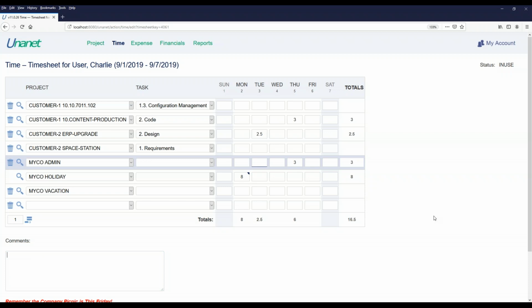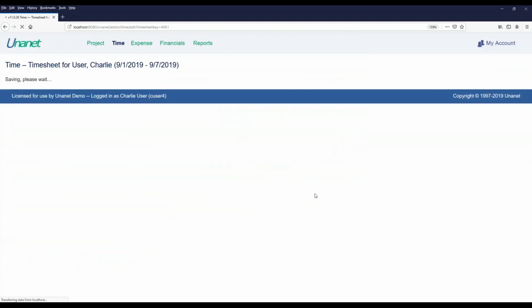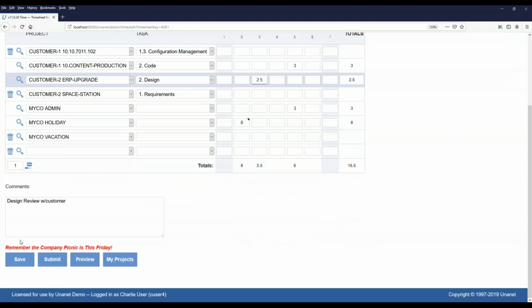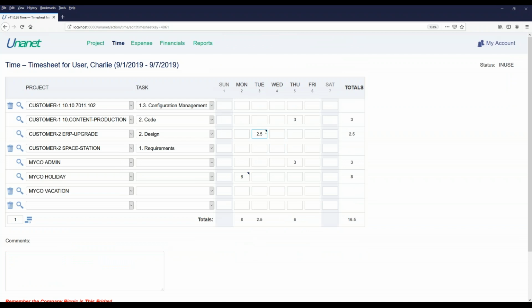All right. If so, in fact, having entered some time in a few cells here, if I go to hit save, you're going to see that the system is barking at me a bit here because I'm actually required on this ERP upgrade project to enter a comment on every time that I enter time in a cell. This is a design task. Let's just say design review with customer. All right, and now when I save, obviously the error's gone away, get a little triangle there letting me know there's a comment,